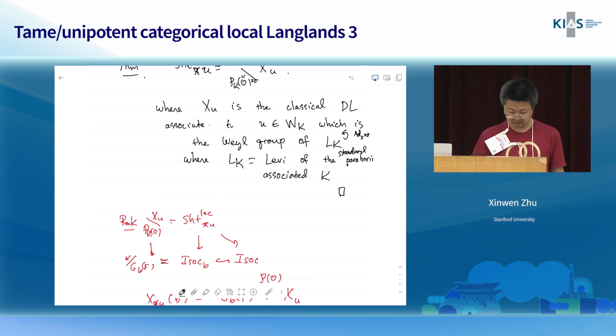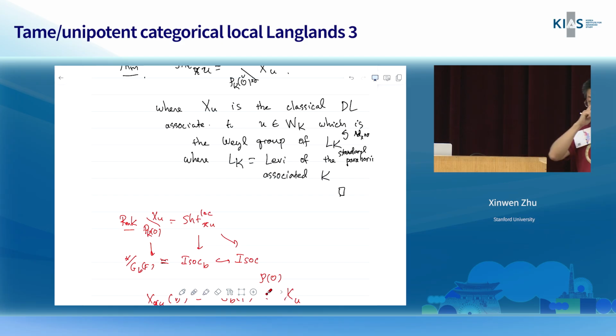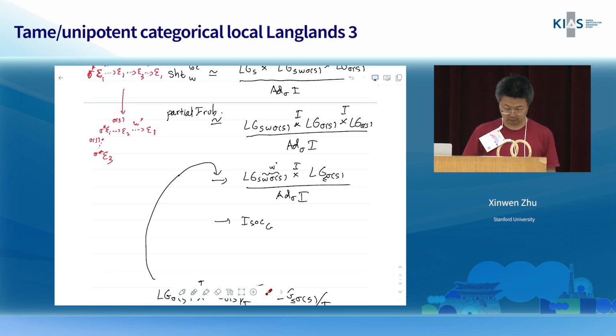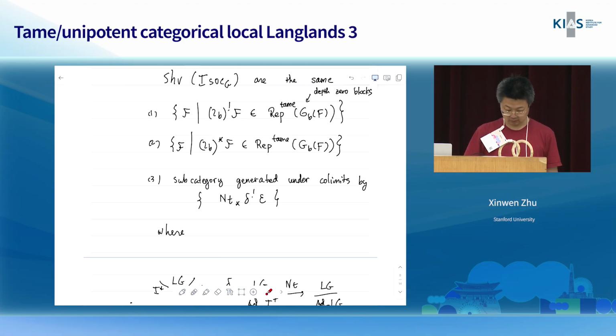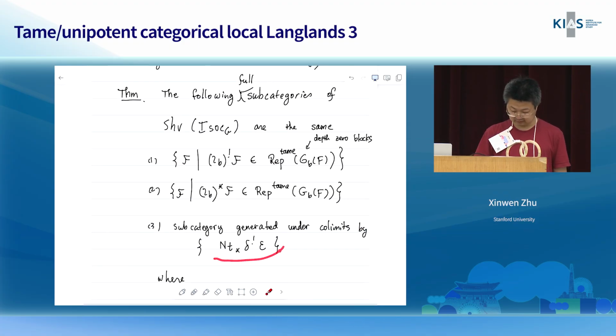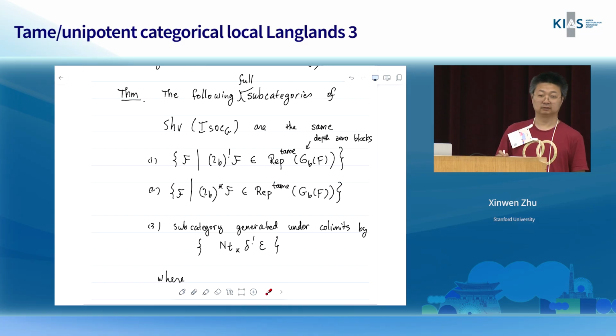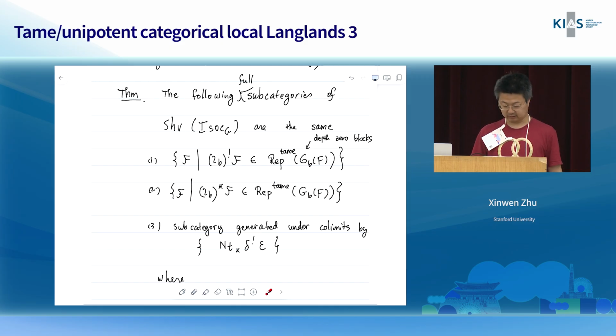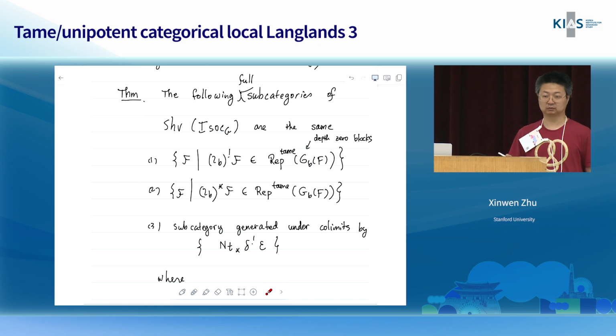And also I said that in this case, actually the whole Shtuka basically just maps to one Newton strata downstairs. So using this structure, we can basically show this subcategory is contained in, for example, this subcategory. Because when you look at all the Shtukas, you get this, and then you need to do a little bit of work to show that 1 is also contained in 3, and there's also some equivalence between 1 and 2. So anyway,